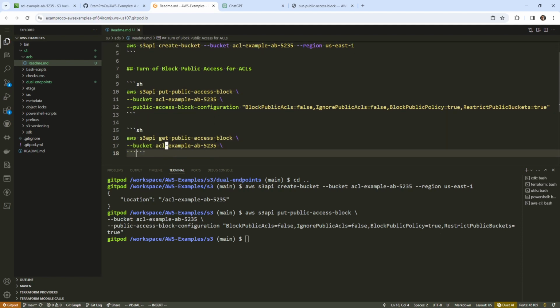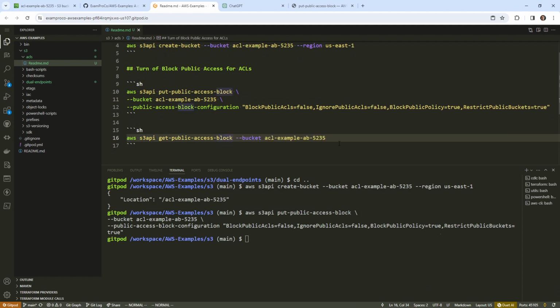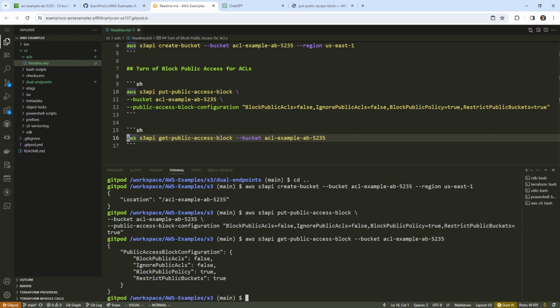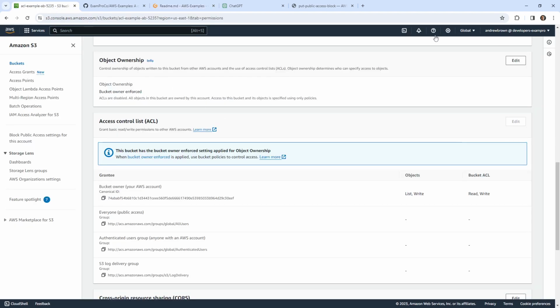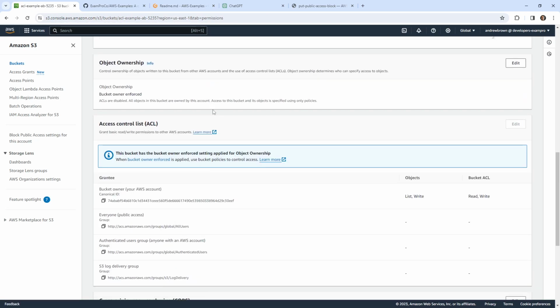I'm guessing it's just get. You start to, again, find out over time the patterns here for the different CLI commands. We'll go ahead and hit enter. And so we can see this is false, this is false, this is true, this is true. We can confirm this in the console. We'll give this a refresh. And in the console here, we can see